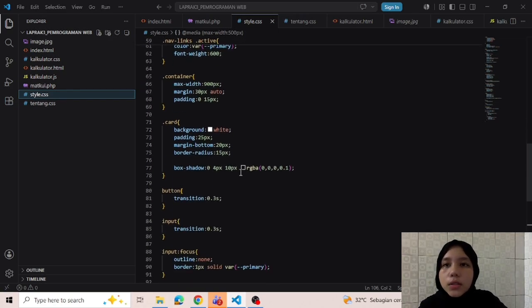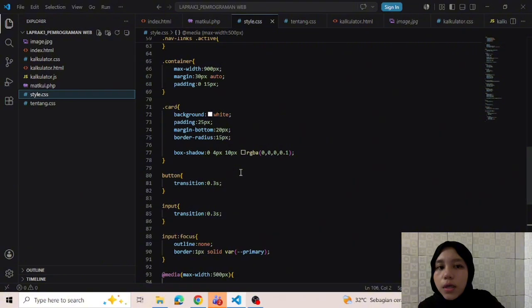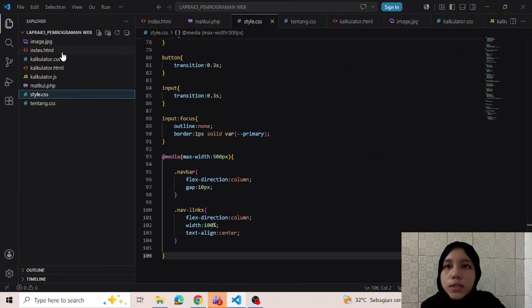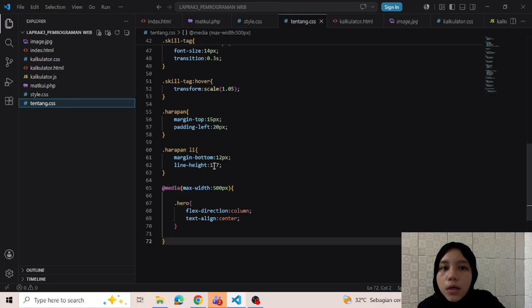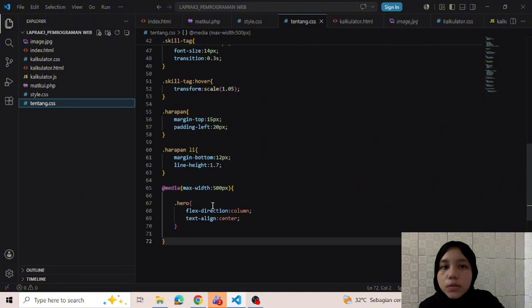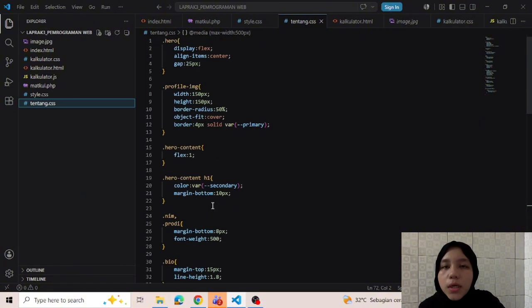Okay, next, the next file is tentang.css. This file contains styles specifically for the about me page. The hero class is used to arrange the profile image and personal information.